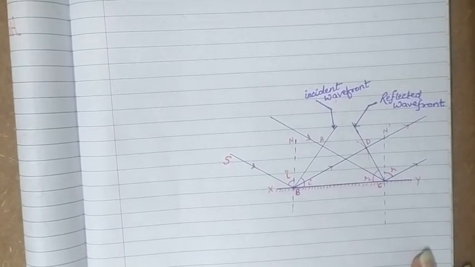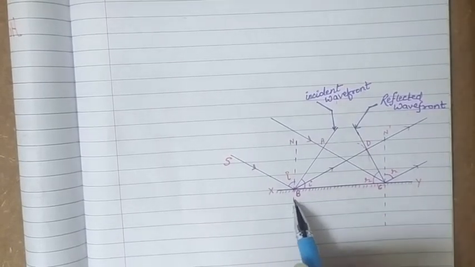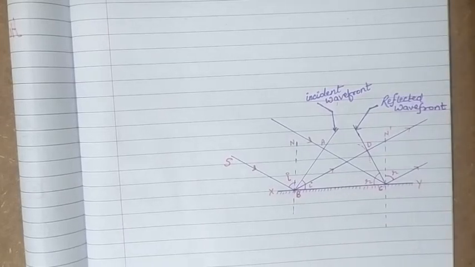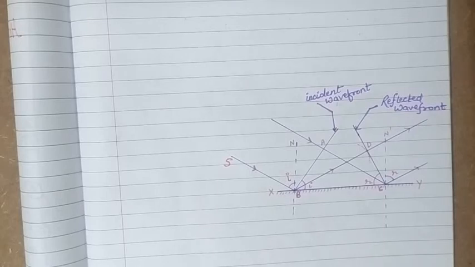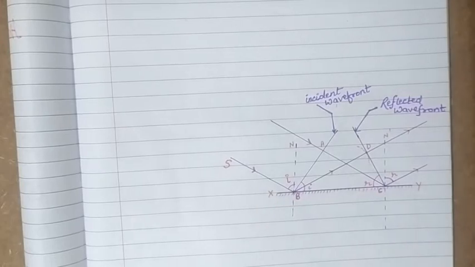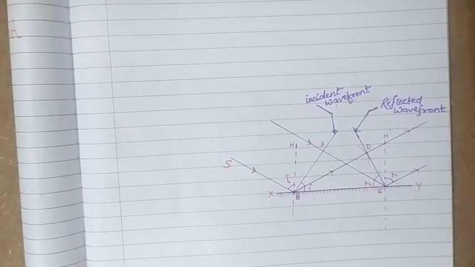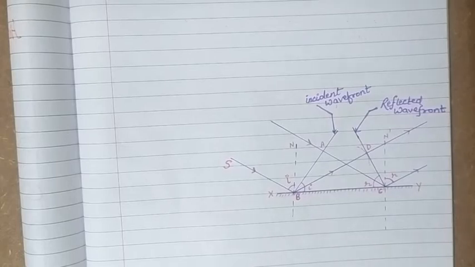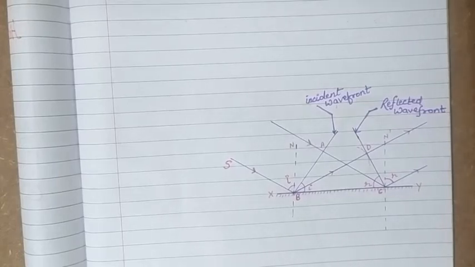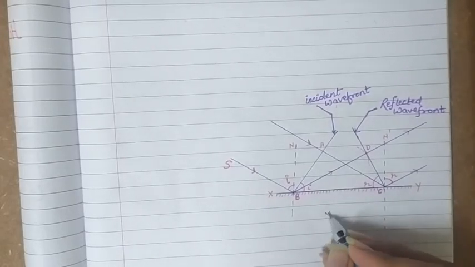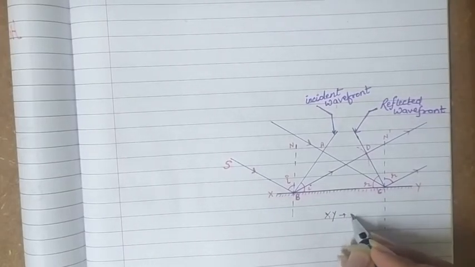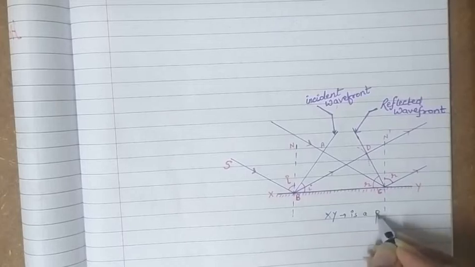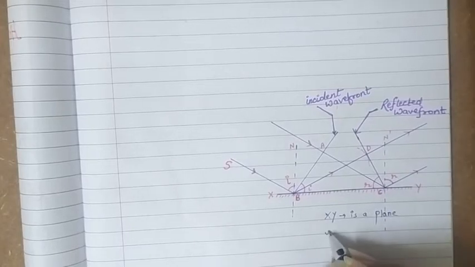XY is a surface which is plane and reflecting, and a wavefront AB is incident on that plane reflecting surface. This wavefront and the reflecting surface are both perpendicular to the plane of paper. So the points we have to remember are: XY is a plane reflecting surface,